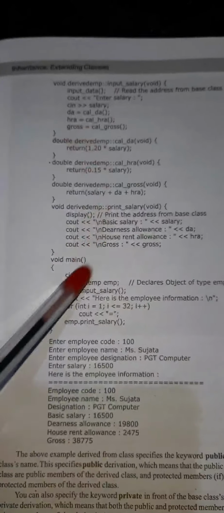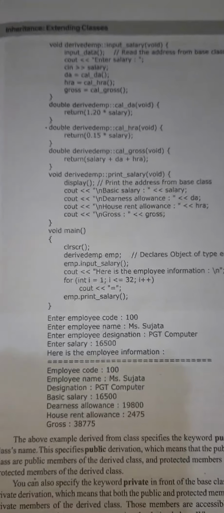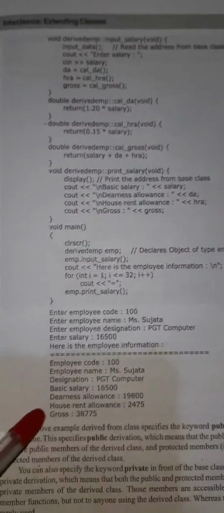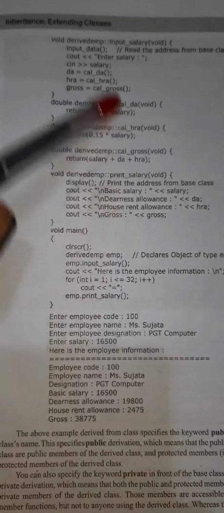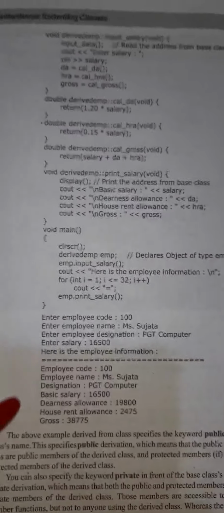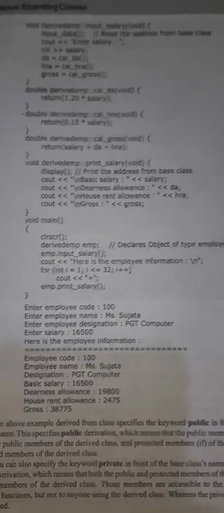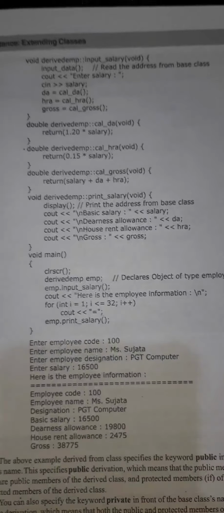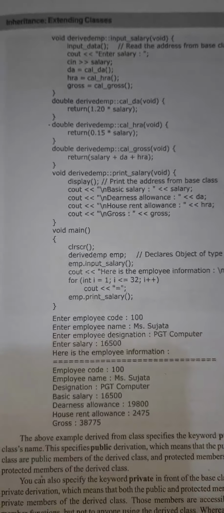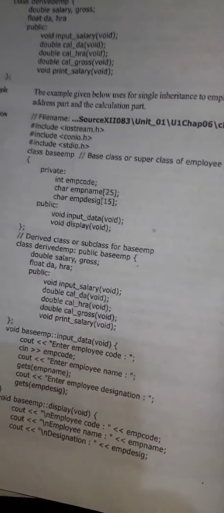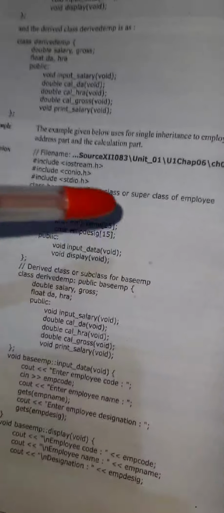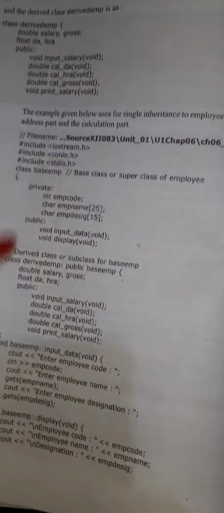So this way, using single inheritance, one base class and one derived class, you are able to execute these program statements. Have a look at this program, try to understand this very nicely. This is one of the simplest in the inheritance chapter. Single inheritance is the easiest to understand. So try to understand this program, and then if you have any doubts, you can ask,